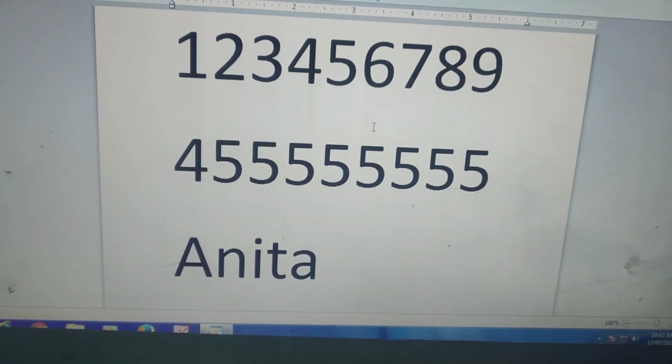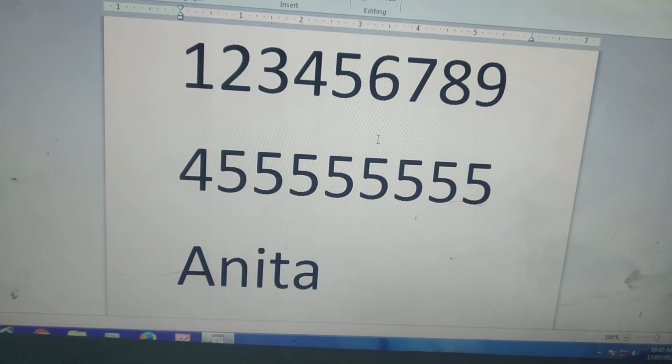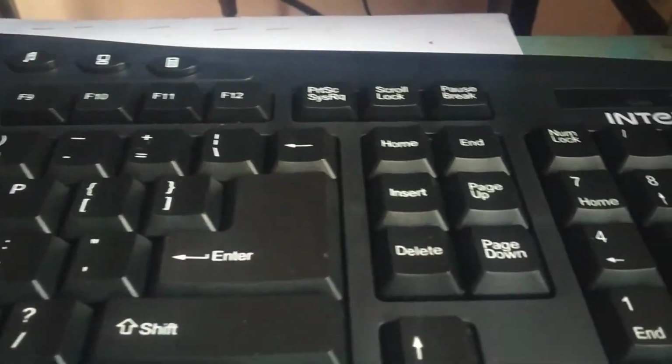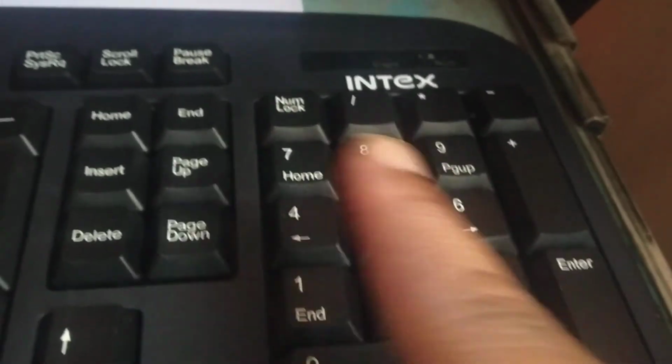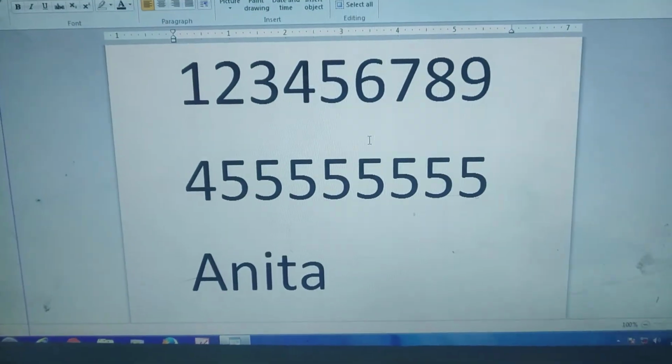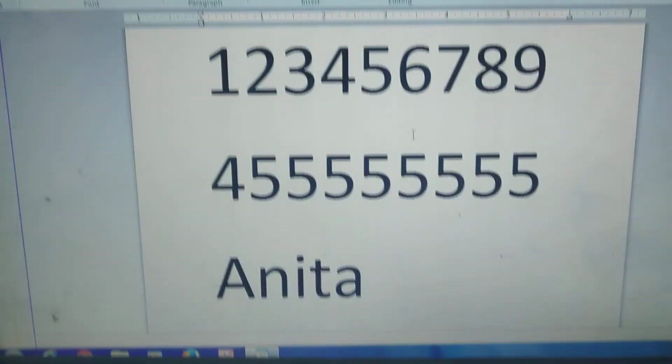You will use the caps lock key, arrow keys, backspace key, and also practice the backspace key, and you will use the numeric keypad and also use the space bar. All these keys you have to practice. Okay, thank you.